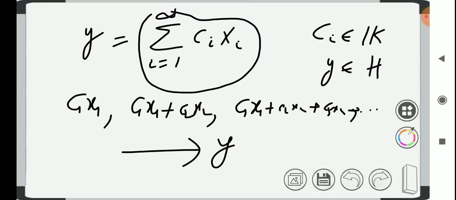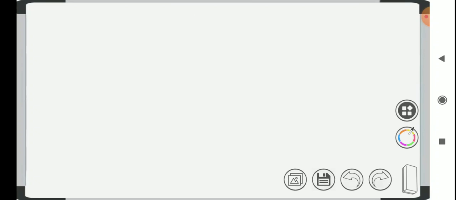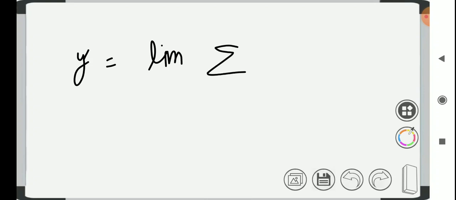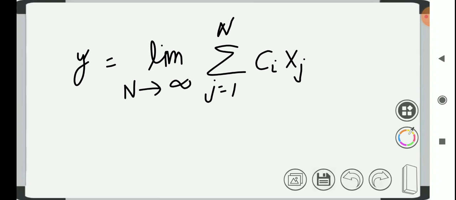Infinite series, which implies that y is simply equal to the limit of these partial sums of ci xi, where i runs from 1 to a finite n, and then we take the limit, and it converges to y. This is the very property of an orthonormal basis. So we will prove that this leads to a contradiction. The claim we assumed, that mu is not equal to lambda j for all j, will lead to a contradiction.